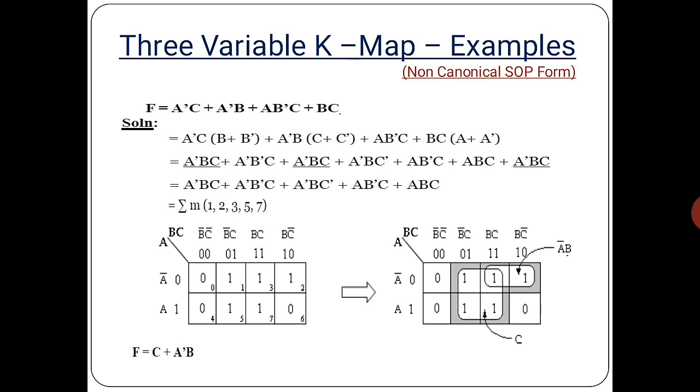So now we are going to use the same concept. Now we can draw the Karnaugh map, and then we can fill the particular min terms 1, 2, 3, 5 and 7. We have the chance only to group as a quad. 1, 3, 5, 7 will be grouped as a quad, and then 3 and 2 will be grouped as a pair. So from the quad grouping the common variable will be c, and from the pair grouping the common variables will be a bar and b. So the final expression will be c plus a bar into b.